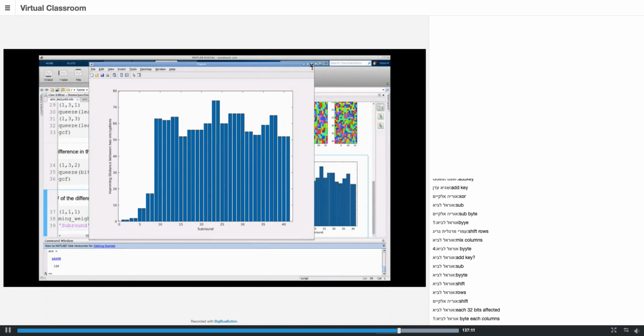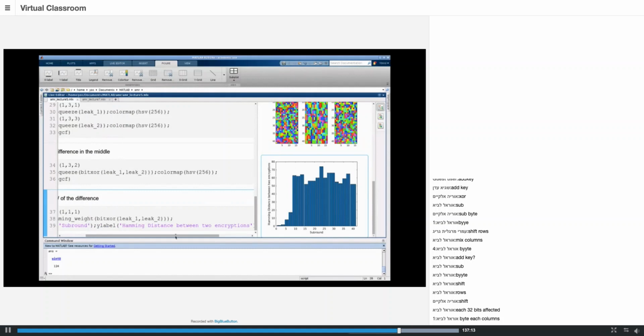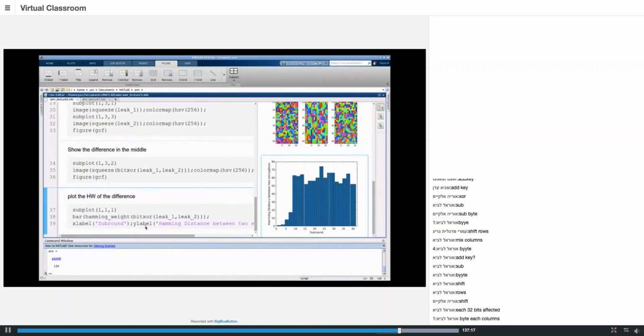So now I hope this was a nice exploration of the internals of AES. And now we can go on and do